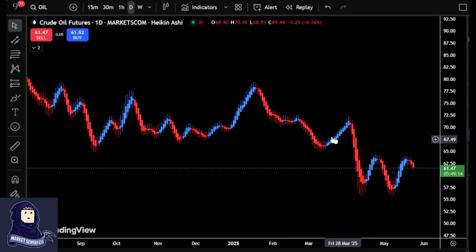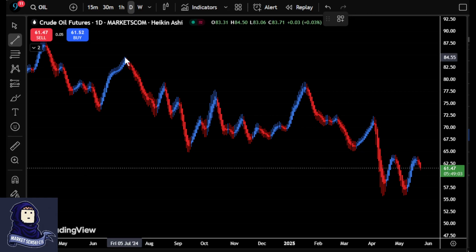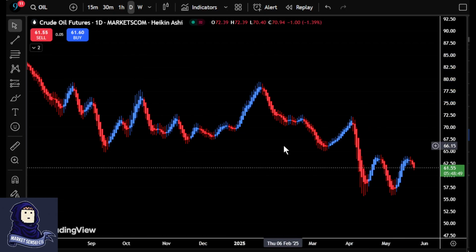So if you're trying to trade price action without a moving average or any indicator, you can use a trend line. Actually, it's a very simple tool. You can just draw like that, and you know where the trend is heading towards. It's very simple. Just draw at the highest point and you can find out where it is without a moving average, and then you can draw all those significant support areas, resistance areas,